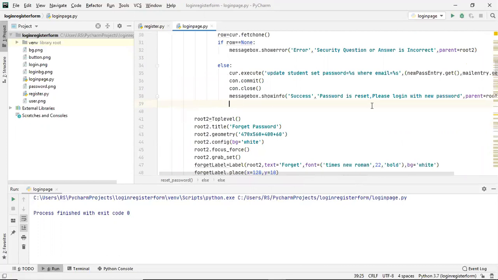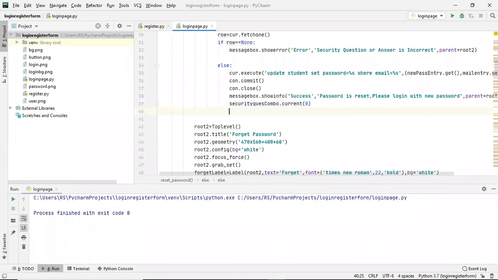After we reset it, I want a few things to be reset back, like the security question combo box. Security question combo box dot current should be set back to 0, the 0 that is "select".